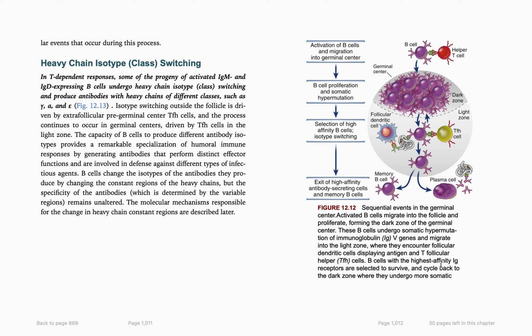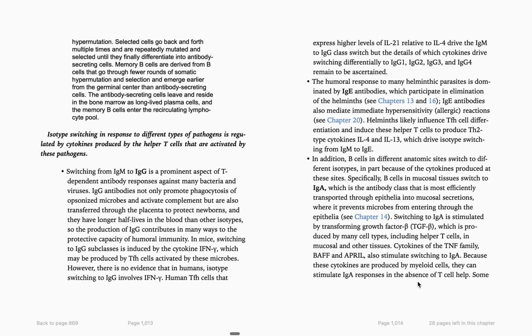B cells with the highest affinity Ig receptor are selected to survive and cycle back to the dark zone where they undergo somatic hypermutation. Selected cells go back and forth multiple times and are repeatedly mutated and selected until they finally differentiate into